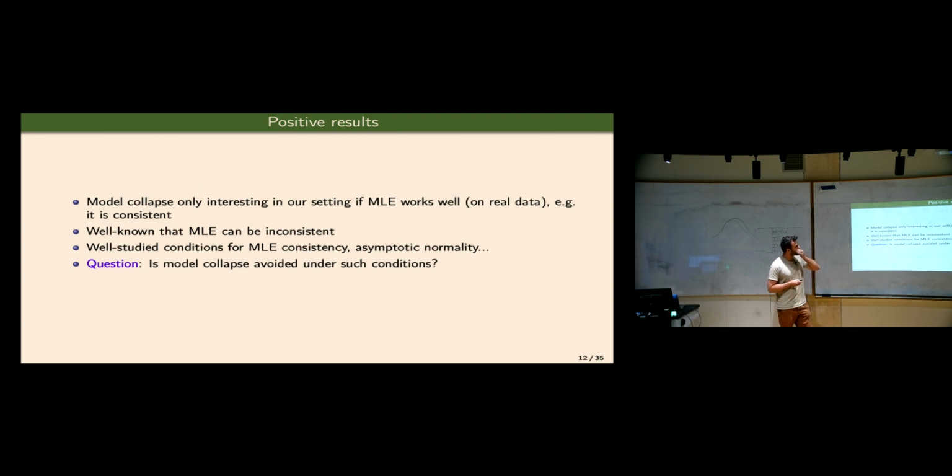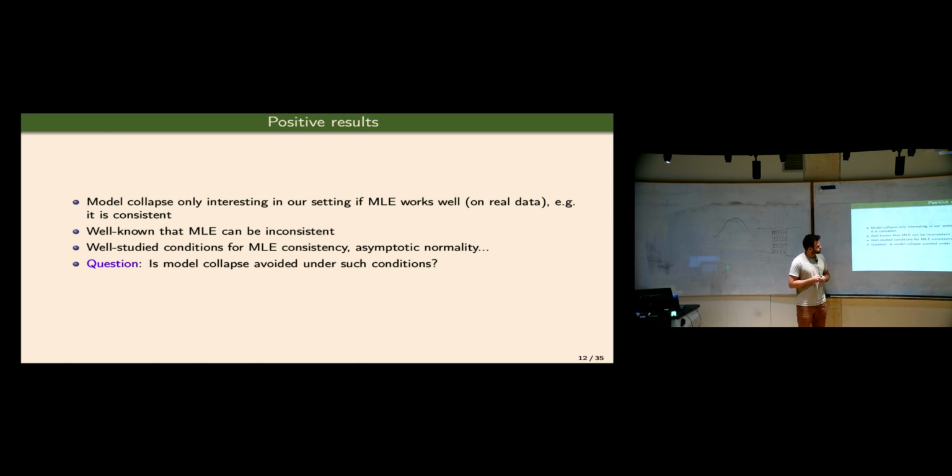Okay, so for the assumptions, first of all, there are cases in general where MLE fails miserably. In the middle of the 20th century, people in statistics were really obsessed with coming up with very strange examples where this happens. Generally, it's a very well-studied thing, and there are very classical assumptions under which you can show that if you just do the natural thing, minimize the cross-entropy loss, it works. With enough data, it works. And so we do want to be in these settings, where training a model with a cross-entropy loss makes sense.